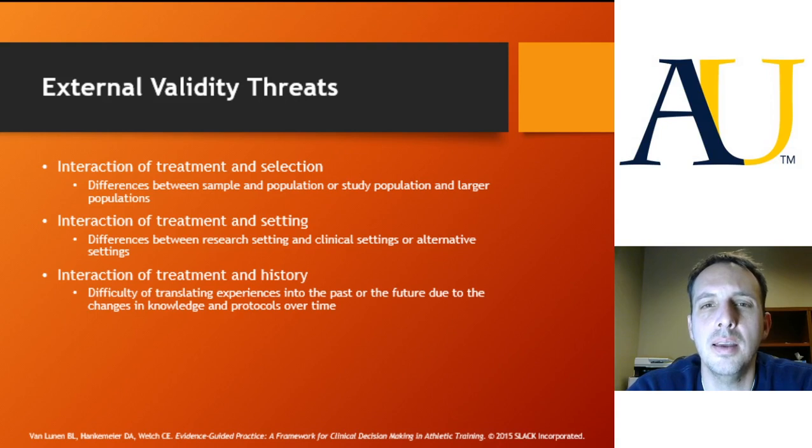So if you're studying a research article and they assessed, say, college-aged individuals, and then you try to make that generalization from that what occurs in college-aged individuals might also occur in an elderly population, you're setting yourself up for a potential external threat to validity, where because the populations are different in a variety of different ways,